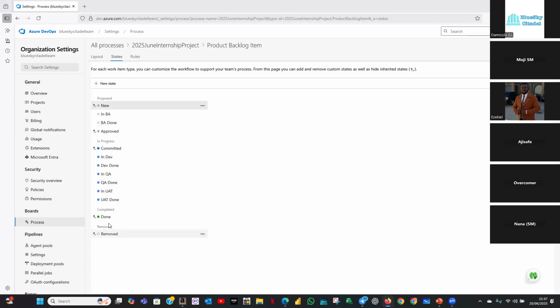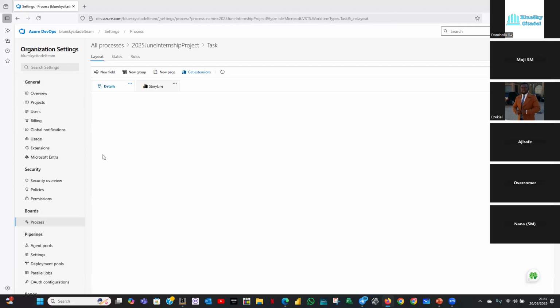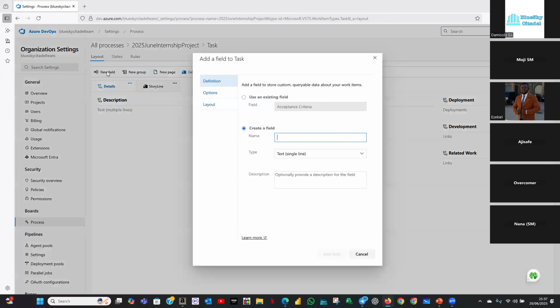Okay, so we've done that for the product backlog item. And then I'm going to go back to our process because we want to pick another work item to customize. So I want to pick the task this time around. For the task, we're going to create a new field also inside the task. And the field we want to create in there is